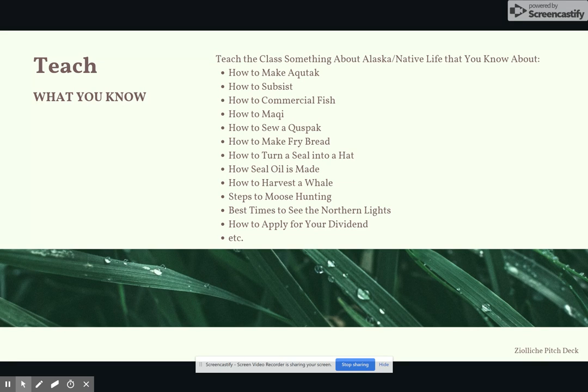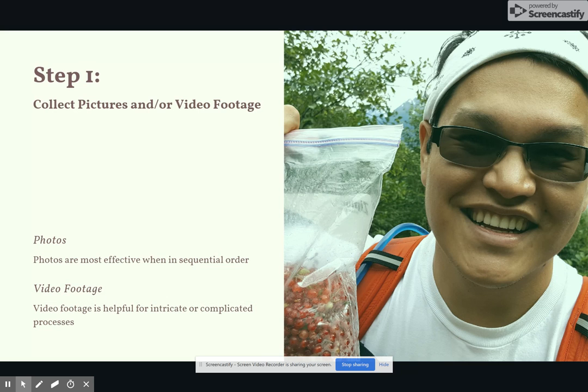So here's a few examples that I've listed, such as how to make a gurak, how to maqay, how to sew a qasbak, how seal oil is made, steps to moose hunting, best times to see the northern lights. These are all great ideas. You can think of your own. So once you've picked an idea of what you're going to be teaching the rest of your class, the next